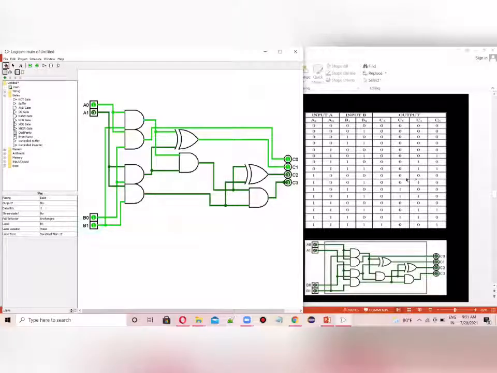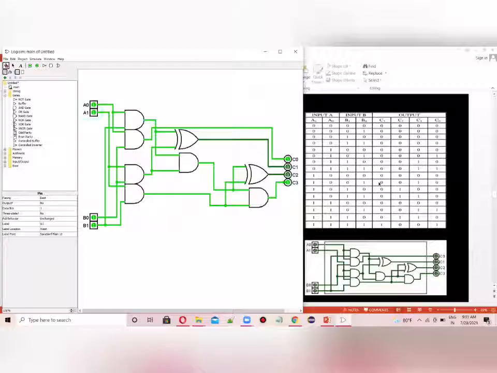Now let's check for few more chances. So now let's check what happens when we switch on all as 1. If we switch on all as 1, we can see only the C note and C3 will be 1. So that is also perfectly correct. So what we have done is totally correct.